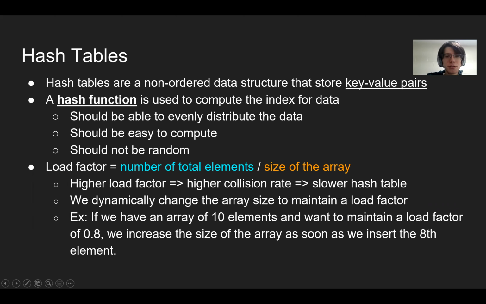Next problem. Let's talk about hash tables a little more. So we talked about them a bit. But remember, they're a non-ordered data structure that store key value pairs. So a hash function is used to compute the index for data. So you do the hash, just like we saw the algorithm, string size mod 10 gives 9. So the hash function computes the index for the data, and then hopefully it evenly distributes. It's random, and being random is important because it means that it's equally likely to be placed in any bucket. And that's good because